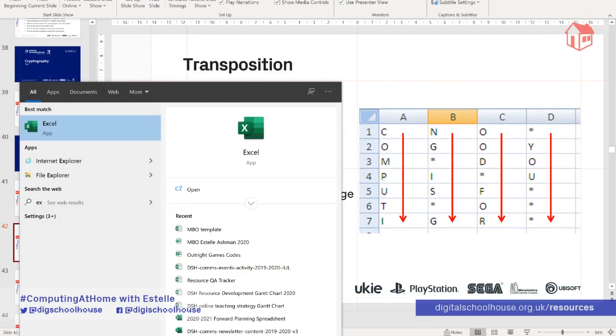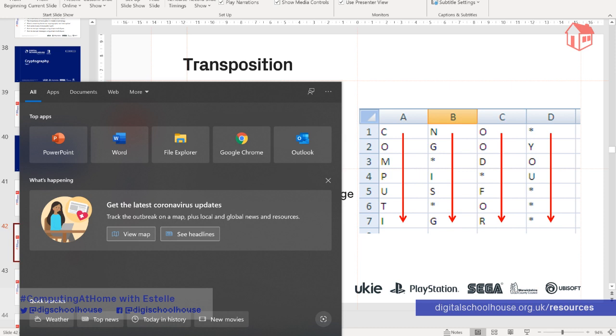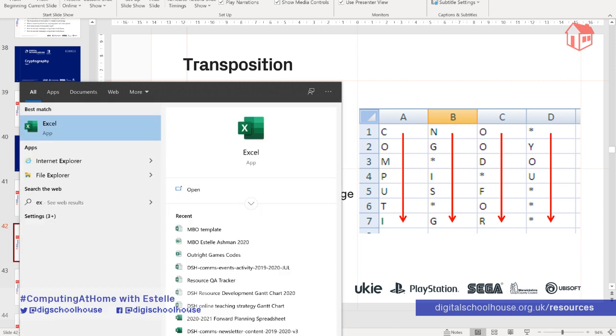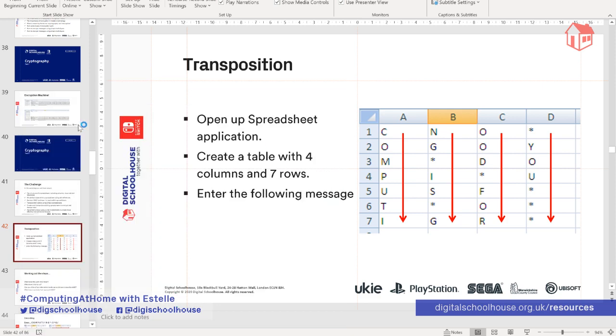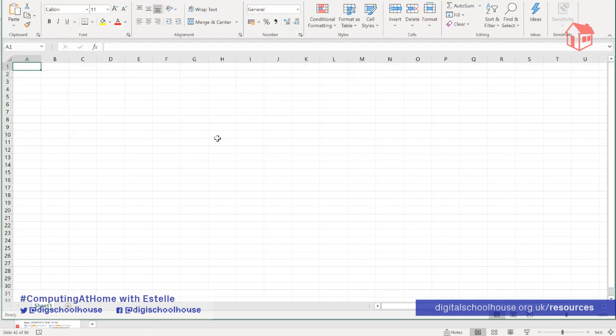If you haven't opened Excel before, if you go to the Start menu, in fact, I'll quickly show you what I'm doing now. If you've never opened Excel before and you're not sure how to find it, if you type Excel into the search bar in the Start menu, you'll find it pops up as a match for you as long as you have it installed on your computer. Click on where it says Excel app, and then it will open for you, ready for you to follow along with us